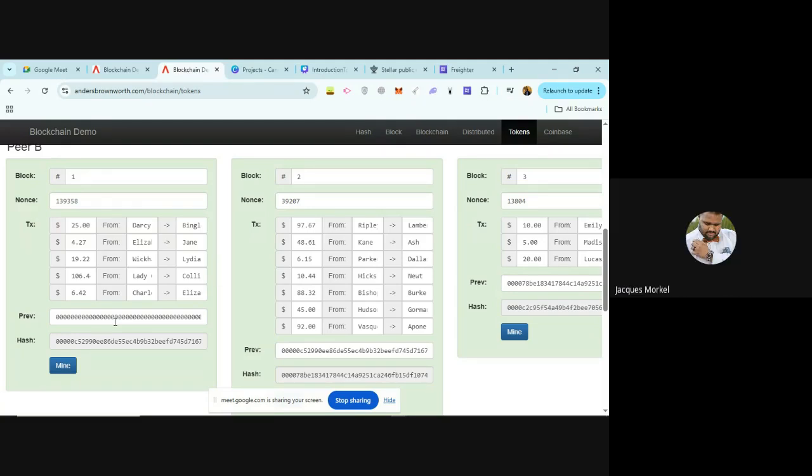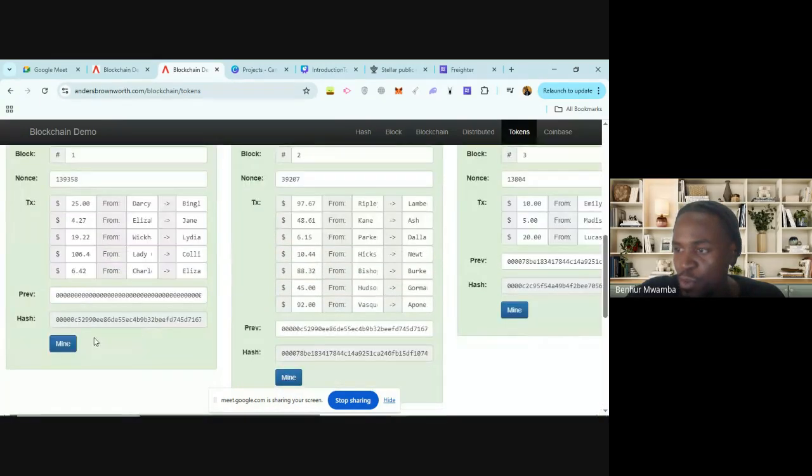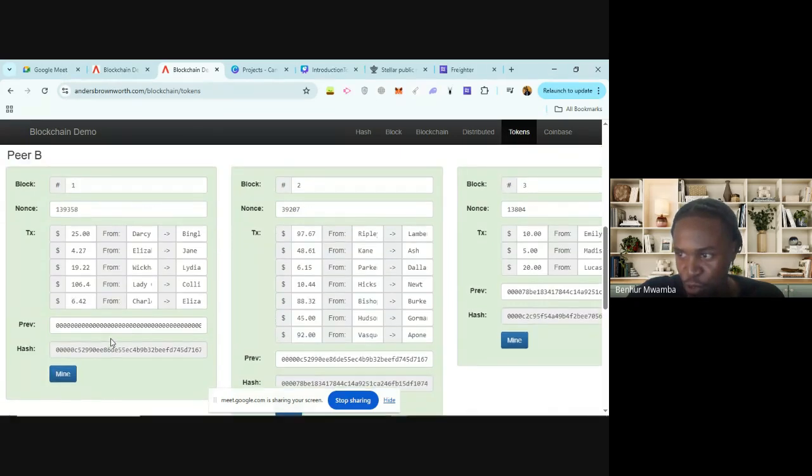That can change at any time. And how do we know? Does more zeros equal more difficulty, or does less zeros equal more difficulty? So in this case, the block difficulty is basically how hard is it for you to get that specific hash. So to get a hash that starts with, let's say 50, it's going to be difficult because if you go back to